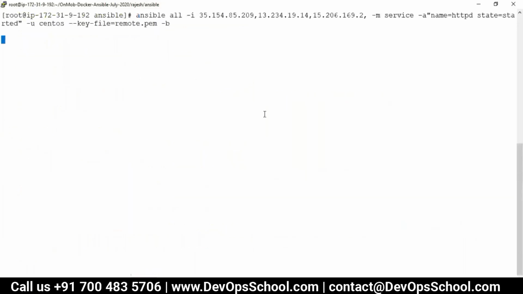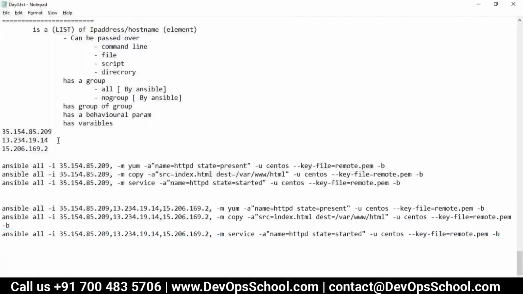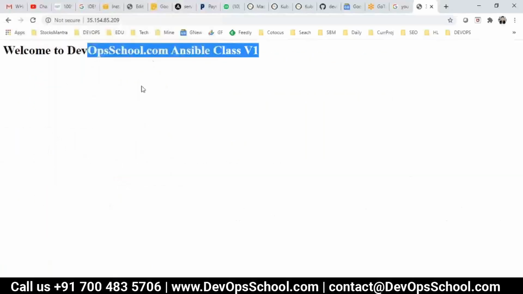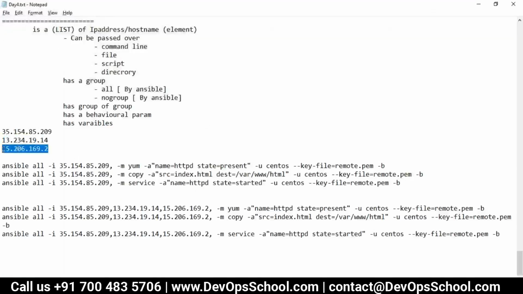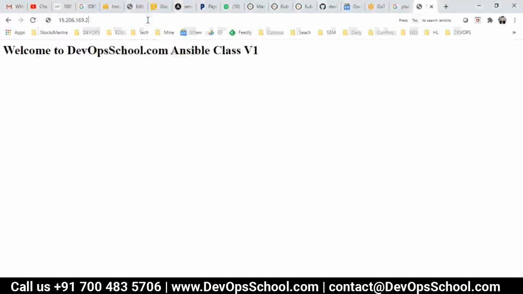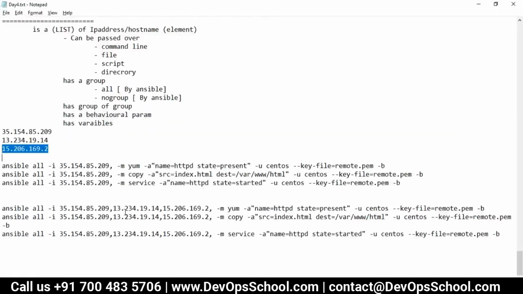And here it started the services. It was running already. Now can I validate? Second machine, third machine. See, done. So easy. It's not very difficult. Did you understand this, guys?